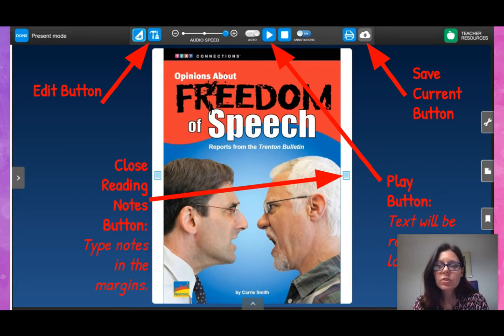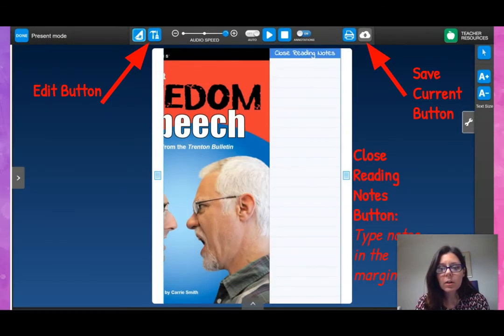After you've read the text, you're going to start to think about what notes you're going to take. The notes are going to go on the margin, and you're going to click the Close Reading Notes button, which is right here on the side. You're going to type any notes you have. When you're done taking your notes, you're going to click the Save button, which is the picture